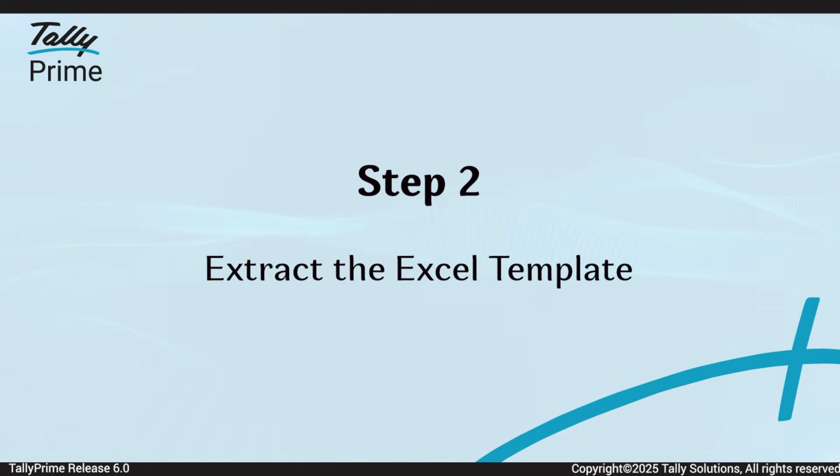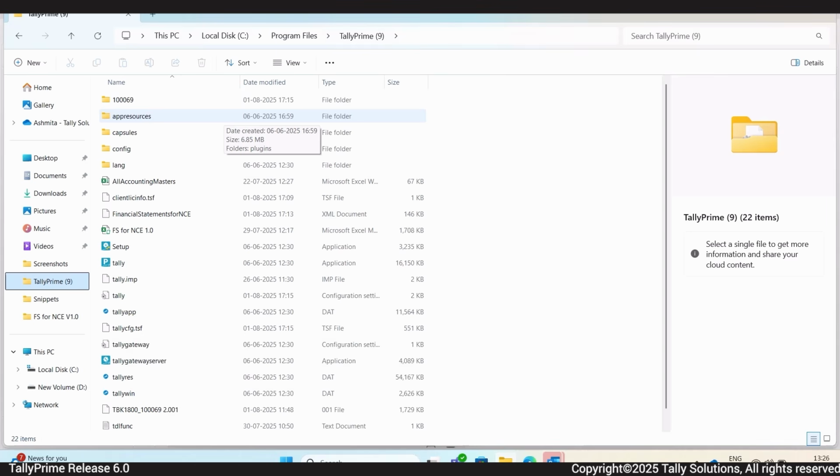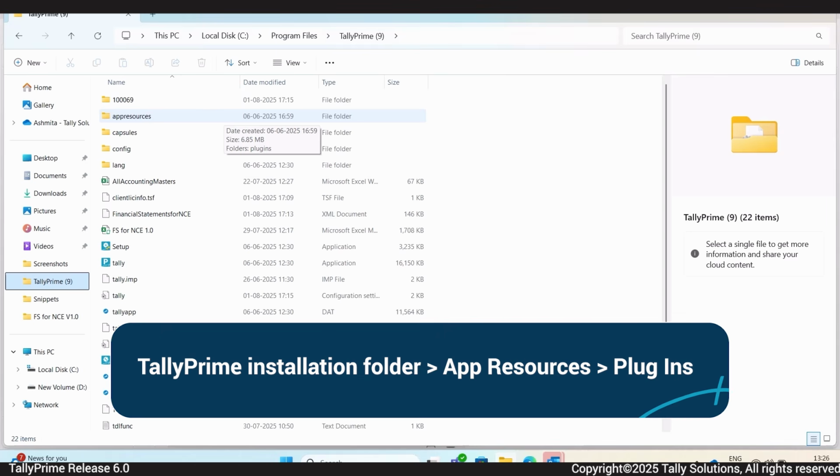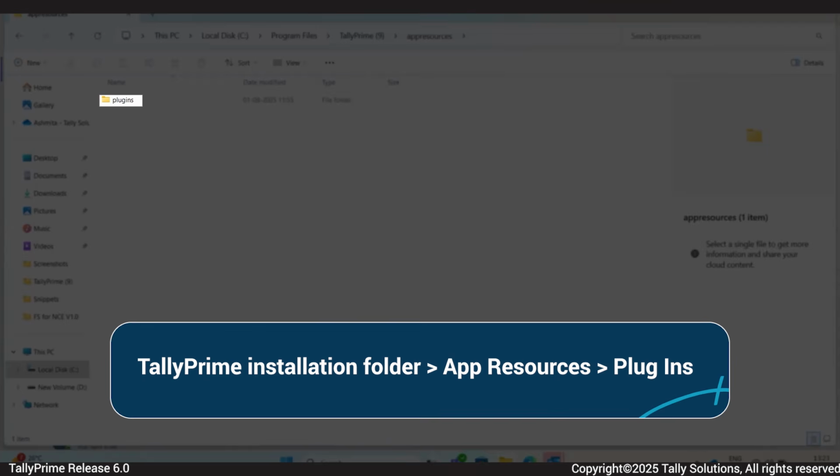Now that you've enabled the add-on, let's move to the next step, extracting the template. The Excel template is downloaded as a zipped file in your TallyPrime folder. To extract the template, go to your TallyPrime installation folder. App Resources. Plugins.